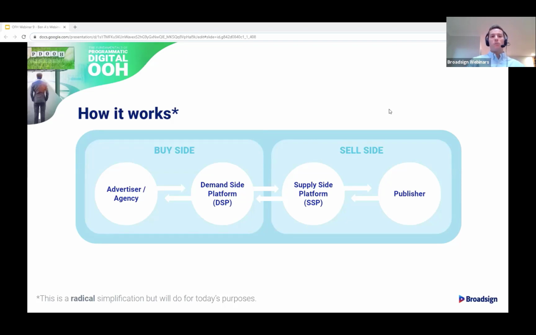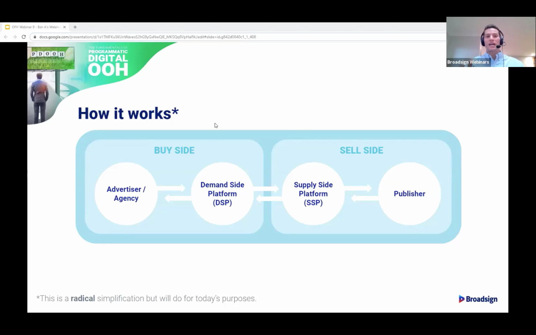In years gone by, particularly in the online programmatic space, demand-side platforms and supply-side platforms used to connect via what's called an ad exchange, which is a term that you might have heard before. Whereas these days, it is increasingly common for them to connect directly. And this is represented by the middle of our screen right here, where the buy side and sell side come together. Now, just to recap, this is a radical simplification of the process, right? In the real world, this process takes place across multiple advertisers, agencies, publishers, demand-side platforms, and supply-side platforms,